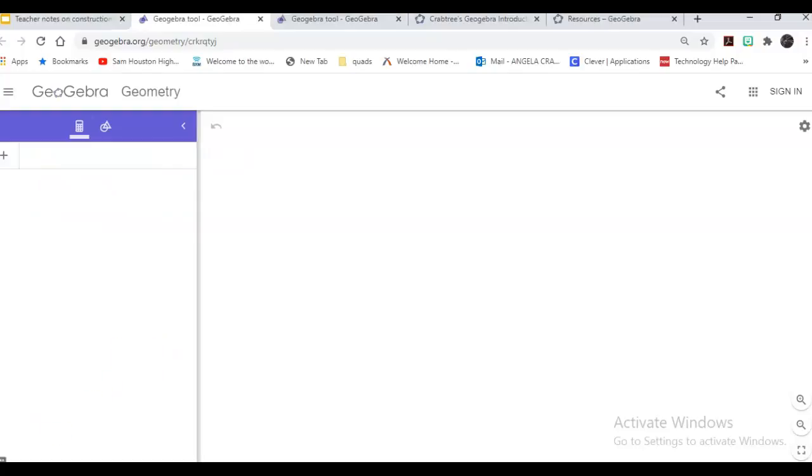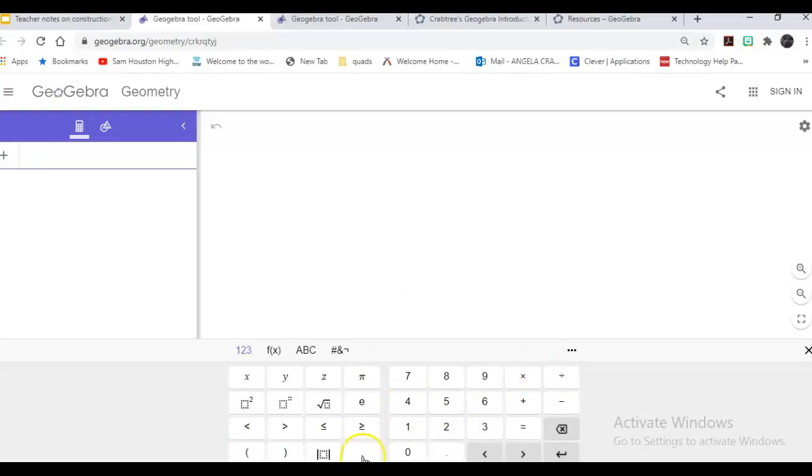Okay, if you notice at the bottom left-hand corner, you have a keyboard. So if you would press that, it would bring up your keyboard, which will allow you to do your operational functions like multiply, divide, add, subtract, even the square root, squares, and our cubes or our exponents. Notice that we have other keyboards where we can do our functions. We will be using the trig functions. You can do slope, derivative, and other